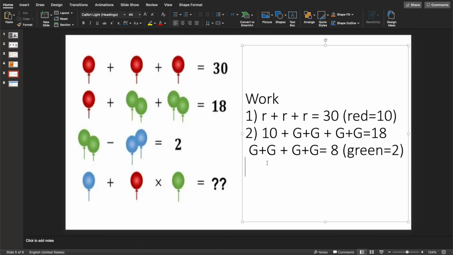All right, third row. Notice we got something a little bit different here. Now we have green plus green. Well, I am not about to write G plus G again when I already know what a green balloon stands for. What does a green balloon stand for? So the green balloon stands for the number 2. How many balloons that are green do I have right here? 2. So if I have 2 green balloons, what is their value? 4. Good. So now I have 4 minus,